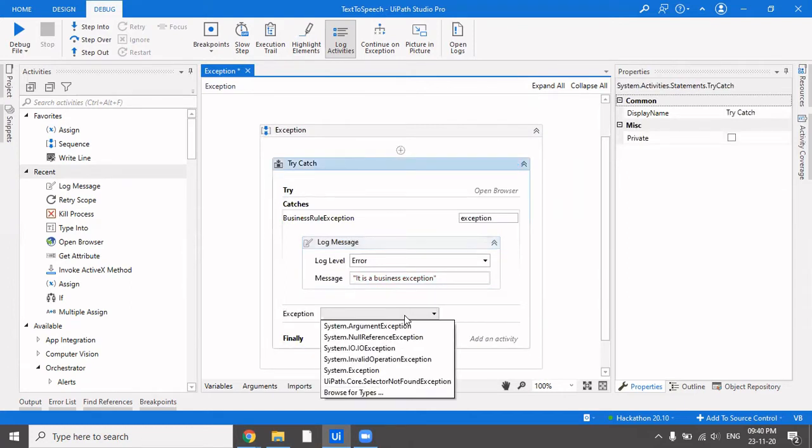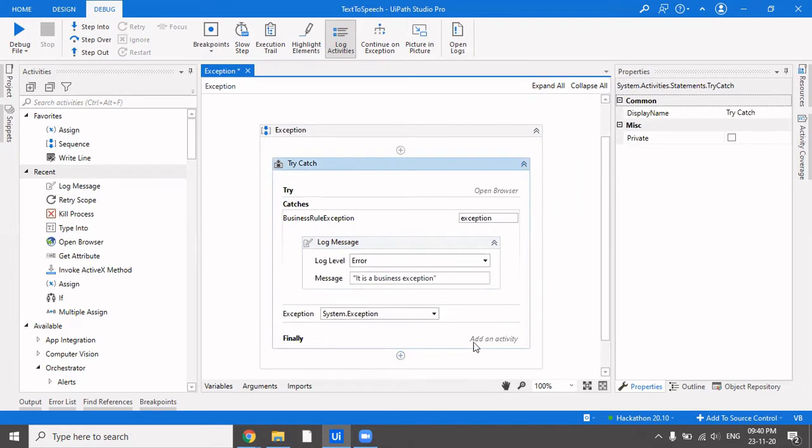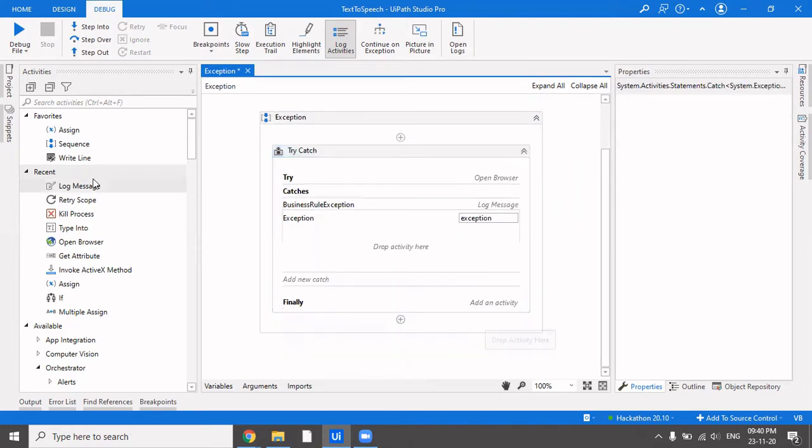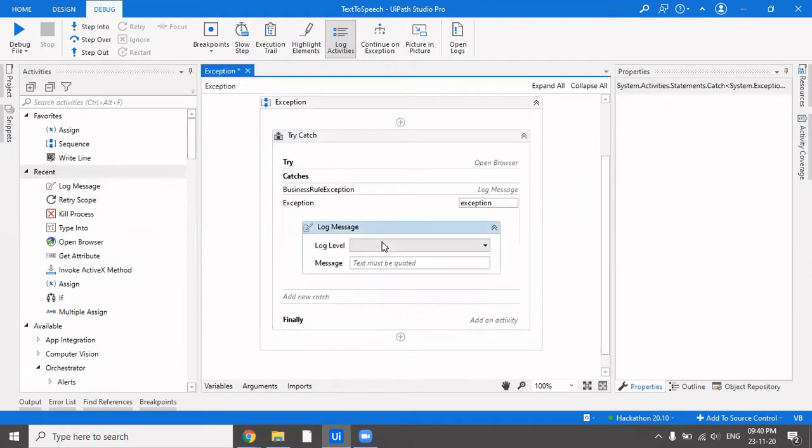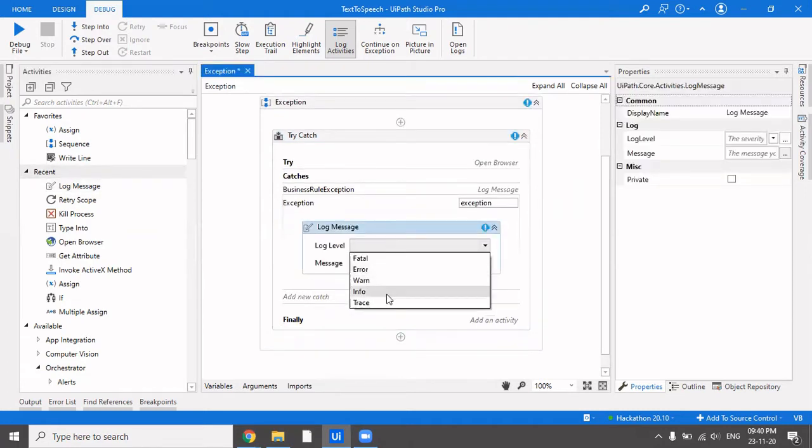Underneath it, I would add a System.Exception class. Anything which does not fall in all the previous catch blocks would definitely get caught here, because this is the last, the base class. All exceptions ultimately fall to this particular class. So: exception in login.